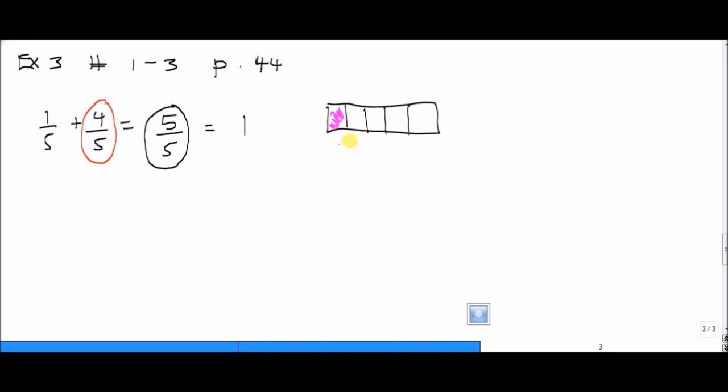Each of these sections would be called 1/5. Okay, my diagram is not very neat, they're not very equal, but the idea is that each of these is 1/5. So now I would need to add how many more? 1 more, 2 more, 3, and 4. So adding 4/5 to that